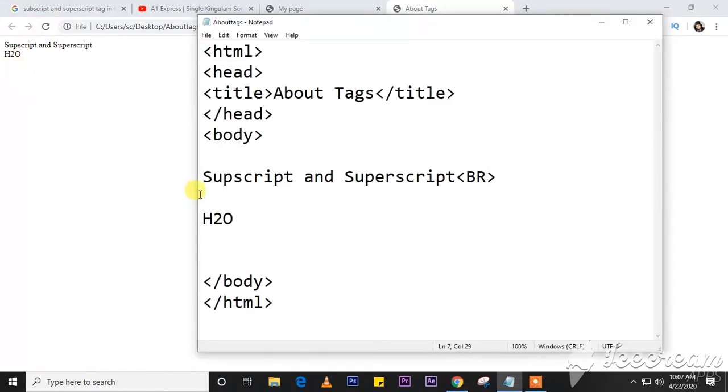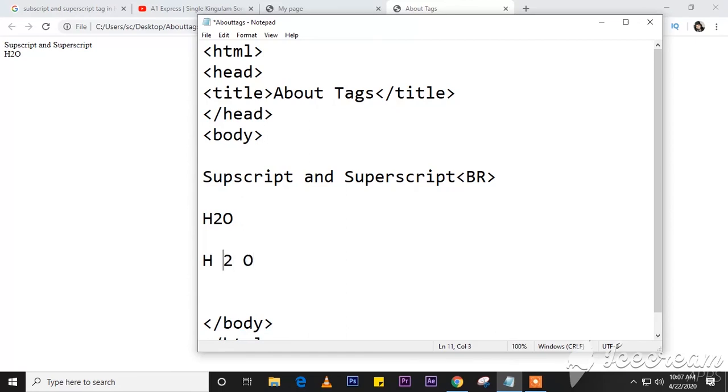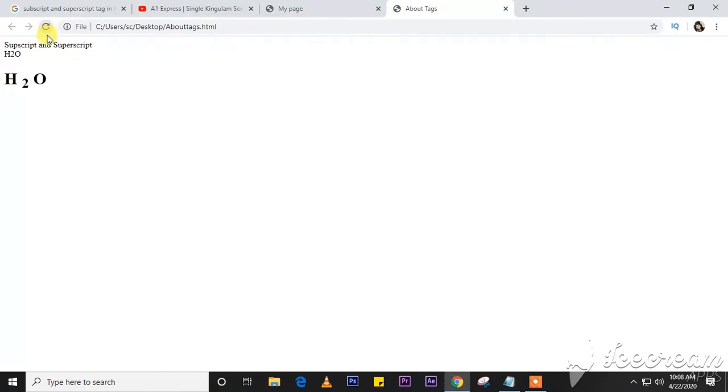Now I am going to write here normal text. How can we apply the superscript and subscript for this H2O? I have written H2O. In between H and 2 I am writing SUB and closing the SUB. If you observe here, I have an open tag and a closed tag, and in between there is 2. Now I am going to save and see the output, how it is coming. If you observe here, that is H2O, the chemistry formula.